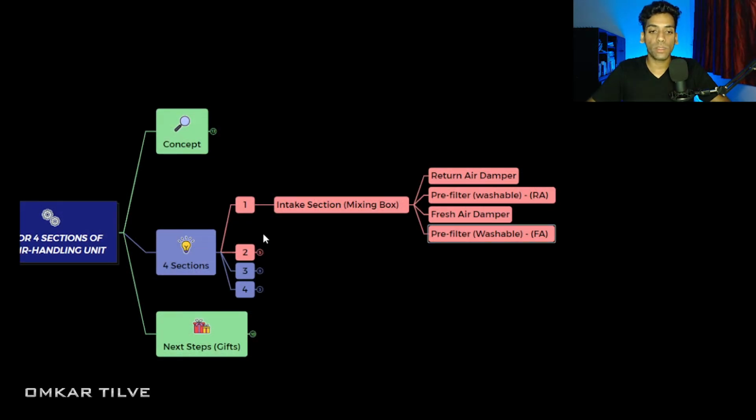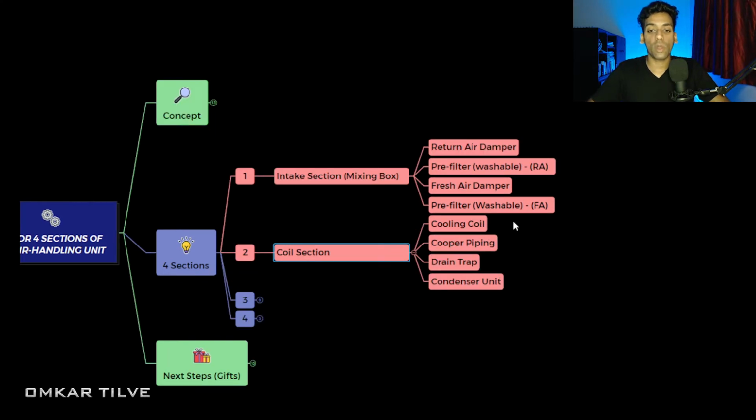Now we'll get into the second section, which is the coil section. The coil section consists of a cooling coil, copper piping, drain tap, and a condenser unit. To see this in the